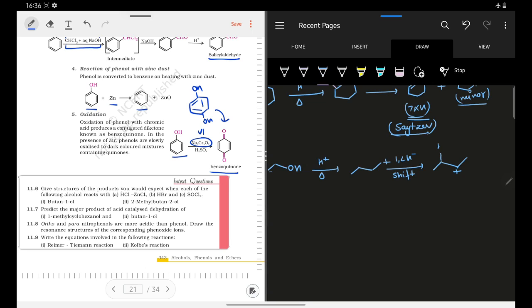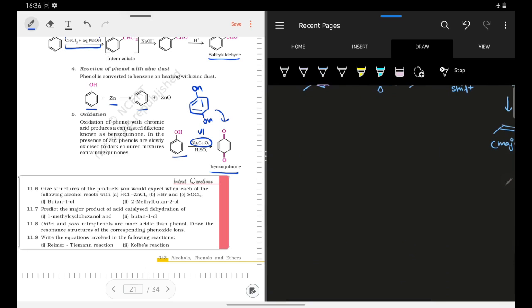Now what I can do is remove this proton, right? Once I remove this proton, the product formed would be this one, right? What would have happened if I removed this proton? That would have been wrong. Why? Because that would lead to a less substituted alkene, or a less stable alkene. So this is the major product, okay, or the Saytzeff product.